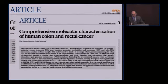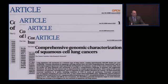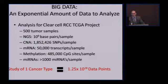But besides clear cell, there have been all these other landmark papers which have really done great characterization of different tumor types. But this leads to a ridiculous amount of effort. Being on the chromophobe and the papillary TCGA groups, I can see how amazing it is that all this takes place. There's 500 tumor samples in clear cell. If you look at how many base pairs, how many SNPs there are, how many transcripts, how much methylation is